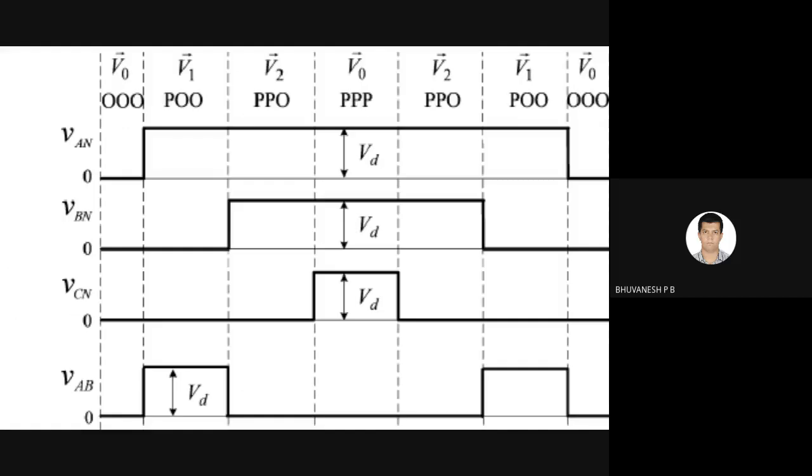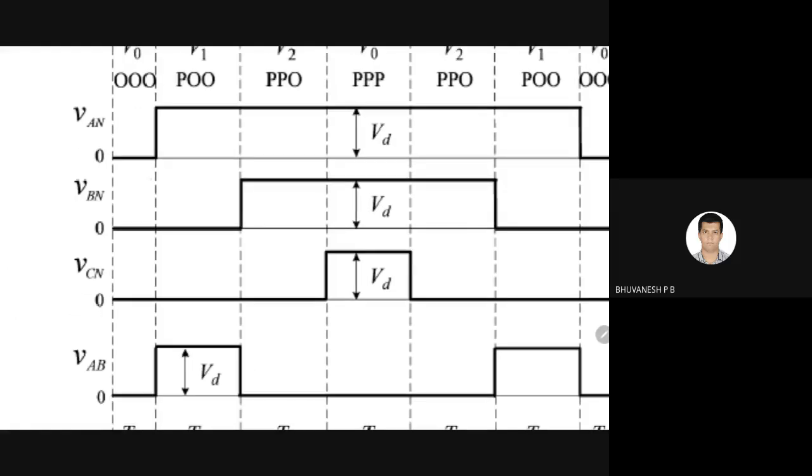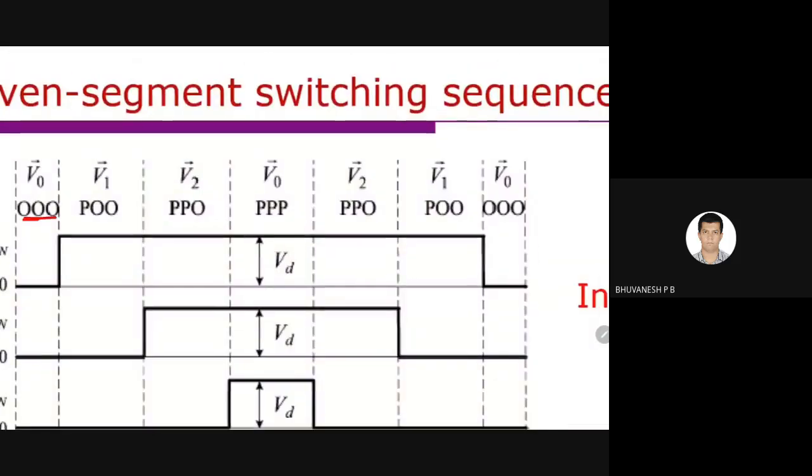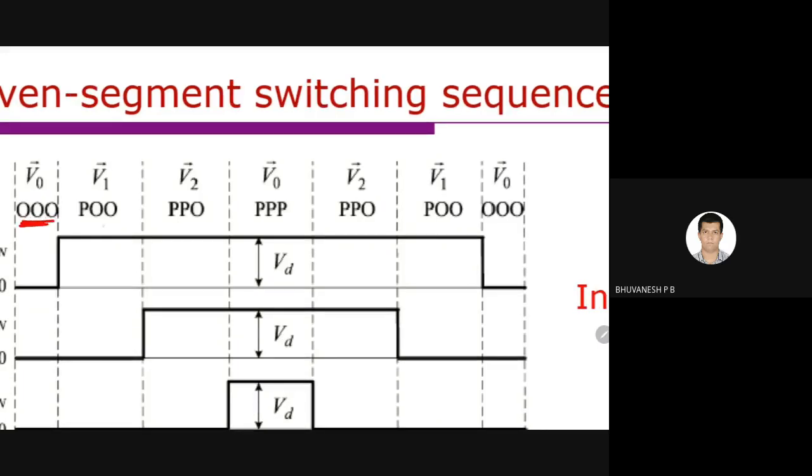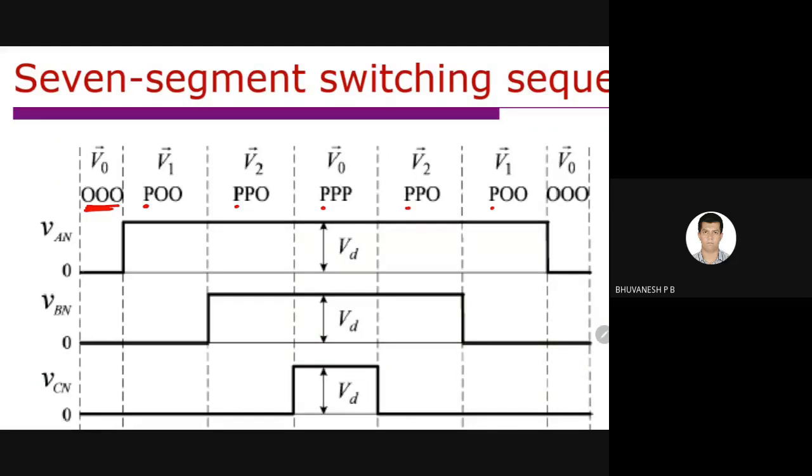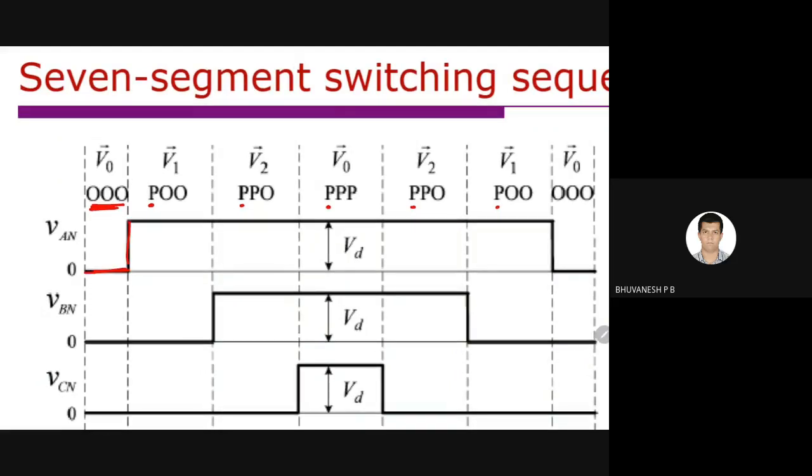So how is this voltage obtained? You can see here, this is 0, 0, 0. If you notice, this is A0, that is A P, P, P, this is P. So that means in A phase, during this period of time, this is P, so its output voltage is something like this. When it is 0, it is 0. So this is the A phase output voltage. That means the upper switch is on.